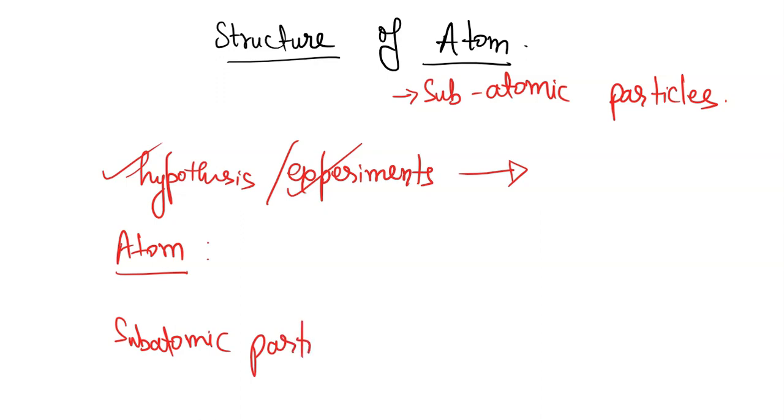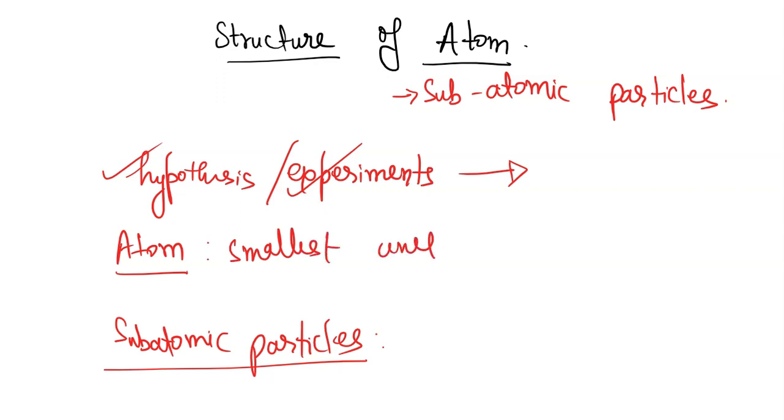In the last chemistry chapter, we know an atom is the smallest unit of matter, the smallest constituent of matter which cannot be divided. We cannot divide, we cannot cut them. We already went through J.J. Thomson and John Dalton's theory. Now talking about subatomic particles, three particles constitute an atom: electron,